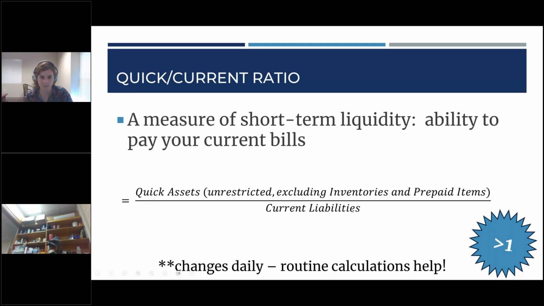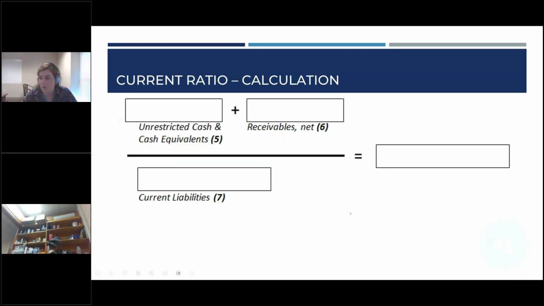We want to make sure that with the current assets we have on hand, we could cover all of these current liabilities at least. And so we've already pulled some of these numbers that are going to be important from the previous slide. We've got the unrestricted cash and cash equivalents and net receivables, which I pulled a few slides ago. So that's 107,706, and then 41,870. And then you've got your current liabilities, which is 108,390.